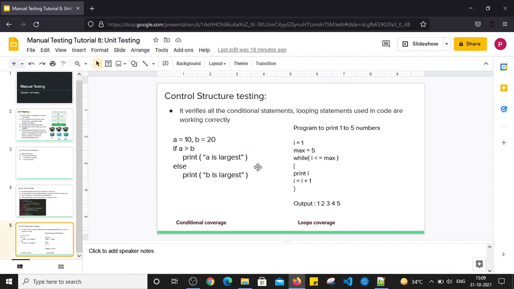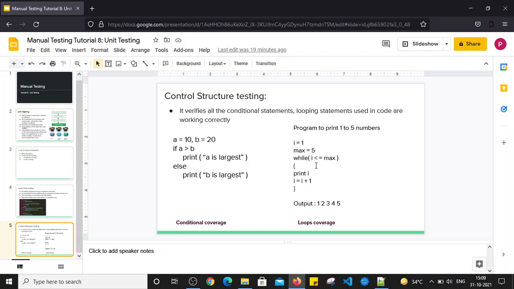So what exactly are loops? If I want to print 1 to 5, I will simply use a while condition here. This is one kind of looping statement. I will define a variable I which equals 1. Since I have to print values till 5, I will define one more variable that holds the value 5. So here max is 5, I is 1, right? And after that, I will put one condition: while I is less than or equal to max. So while I, that is 1, is less than or equal to 5, this condition will be true.